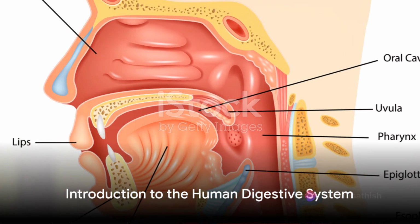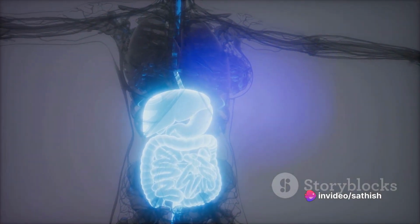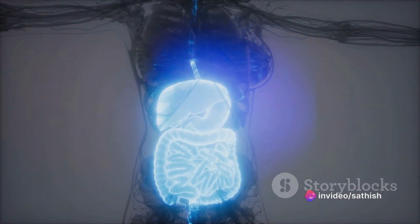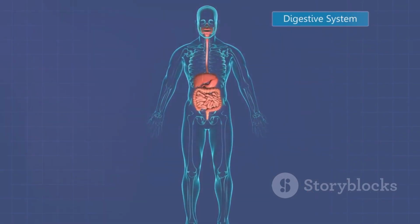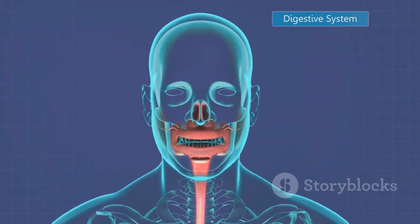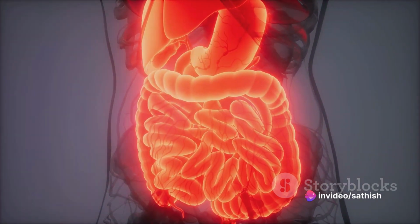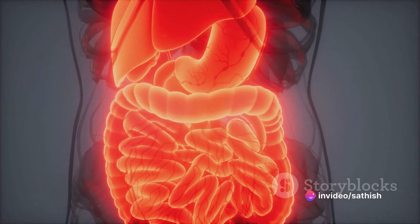Have you ever wondered how our body processes the food we eat? The answer lies in an amazing system within us known as the human digestive system. This system is a complex network that allows us to digest and absorb nutrients from the food we consume. So buckle up for a fascinating journey from the mouth to the anus, exploring the wonders of the human digestive